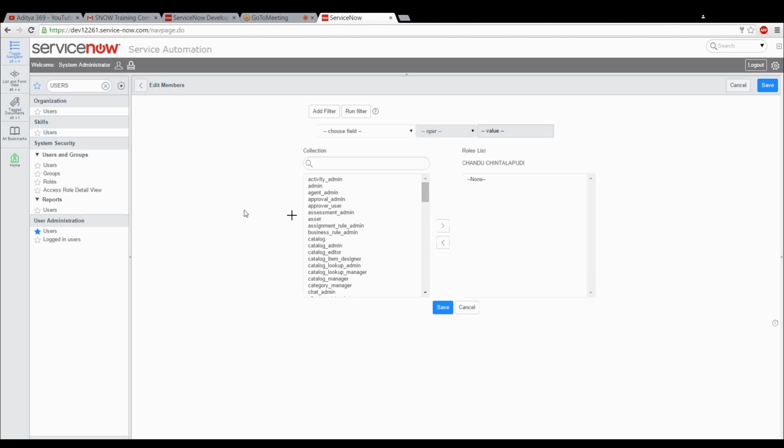Arun Rana record, before you move, you click on update. Move it to the right side, then save it. Which one, admin?